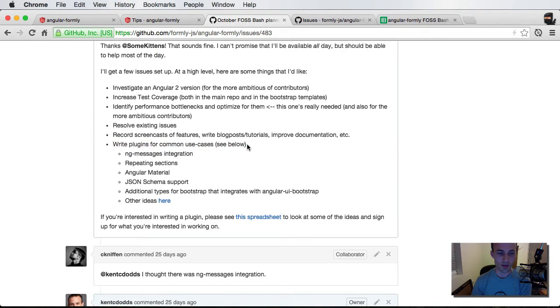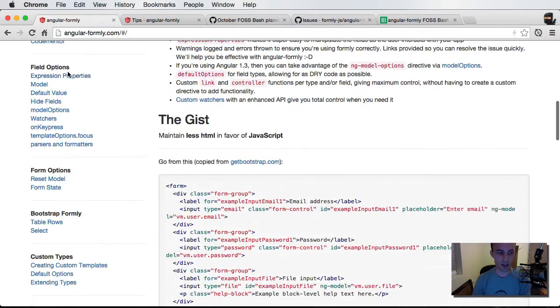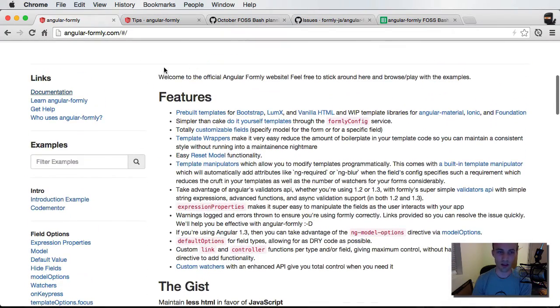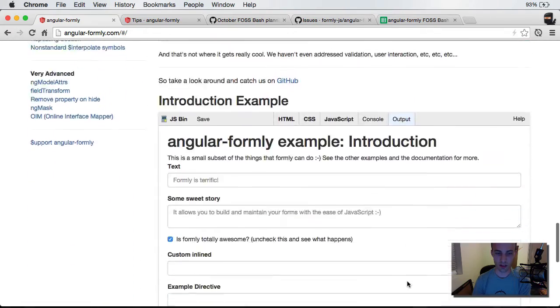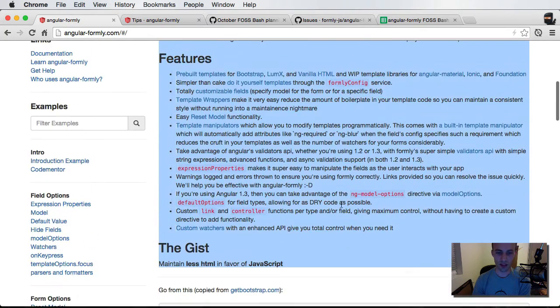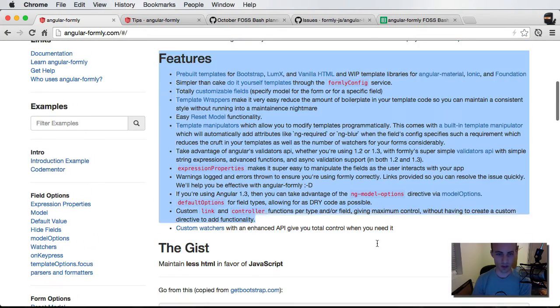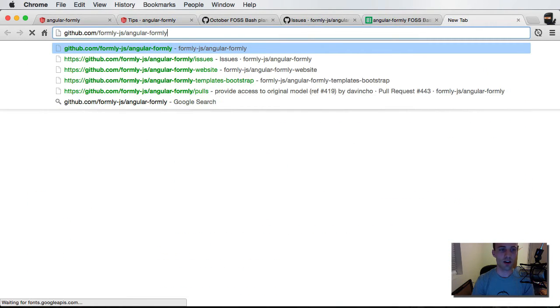And then finally, one of the biggest things that Formly needs, I think, is plugins to make it easier for people to adopt for their more common use cases. And so right now, the Angular Formly website is just like, oh, actually, you know what? Another thing I just thought of is this whole wall of text, like this whole introduction stuff, totally needs to be rewritten. So if somebody wants to make this a little more concise, we don't have to put all of this detail in here. Just make something a little bit more concise. I think there's actually an issue for that on the website